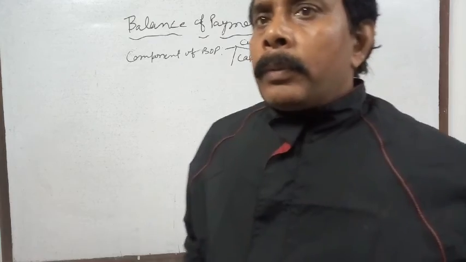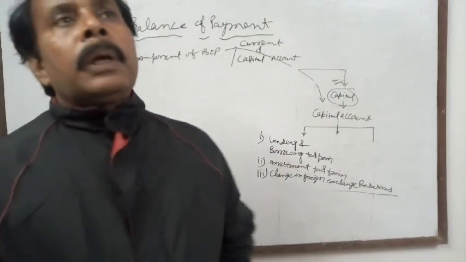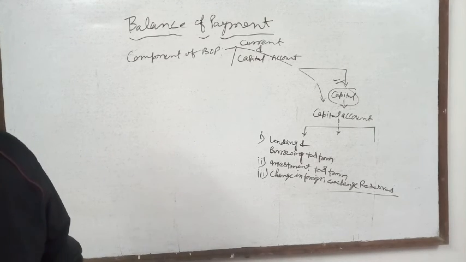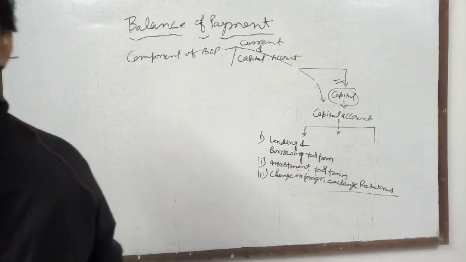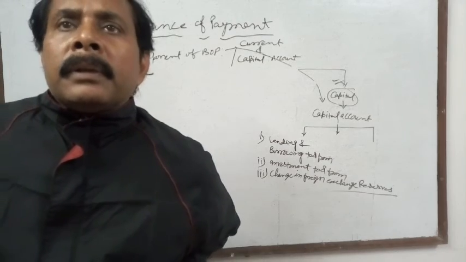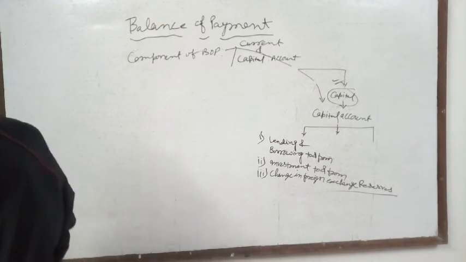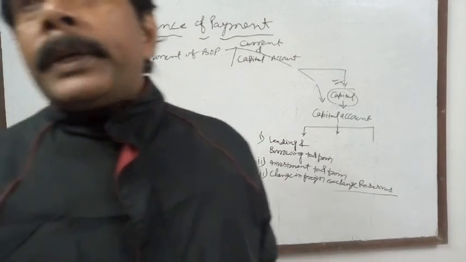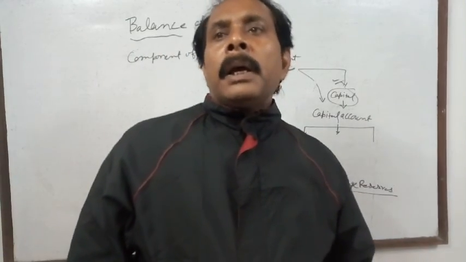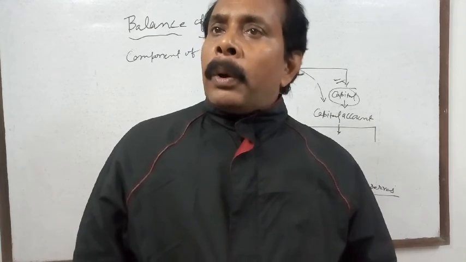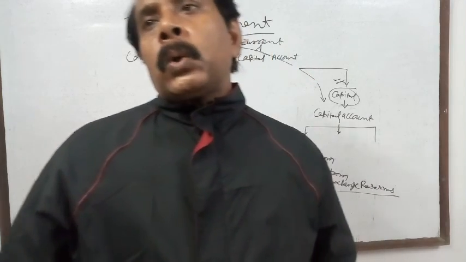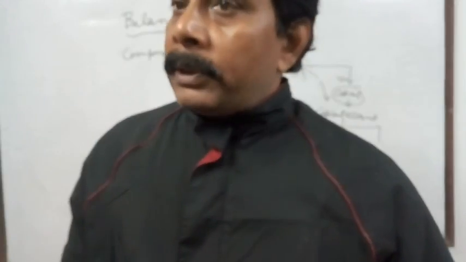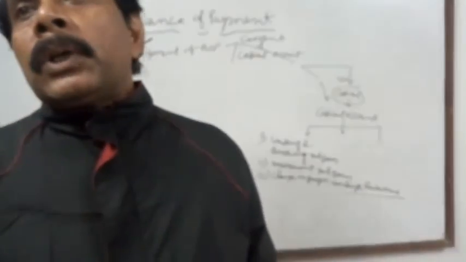Clear? Now come to the next, and it is the last topic. Okay, so our last topic is autonomous and accommodating items. There are two kinds of items. One is known as autonomous and the other is known as accommodating. So what is the autonomous item? It refers to those international economic transactions which take place due to some economic